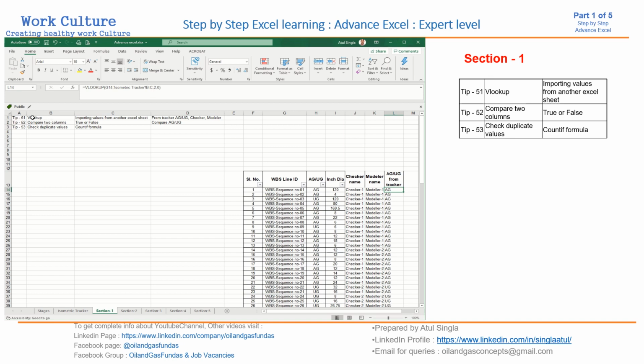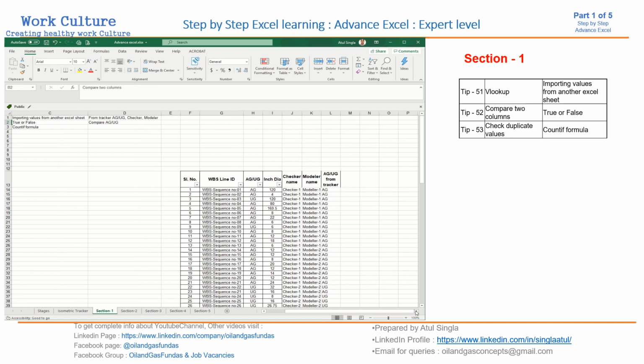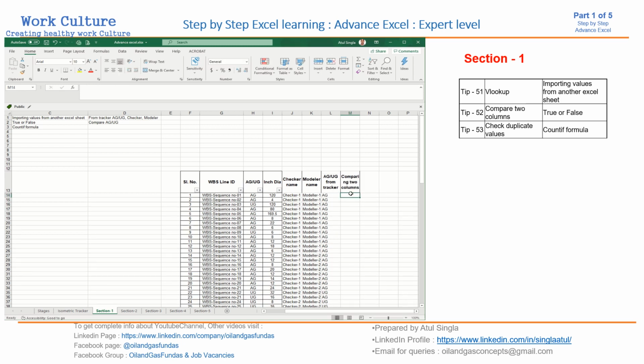Now another thing is comparing two columns. We have the H column here which we already had with us, and we have brought this information from another Excel. Now let us check whether this AGUG is matching everywhere or not. How we can do that is very simple, comparing two columns. If you have similar information, you just have to press equal to this, equal to this.